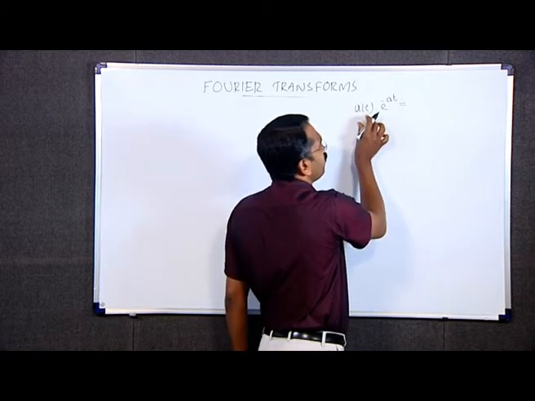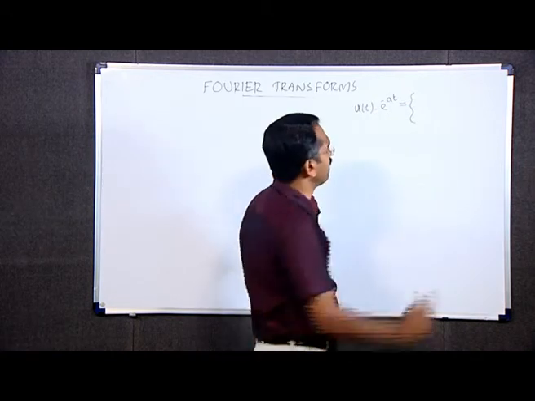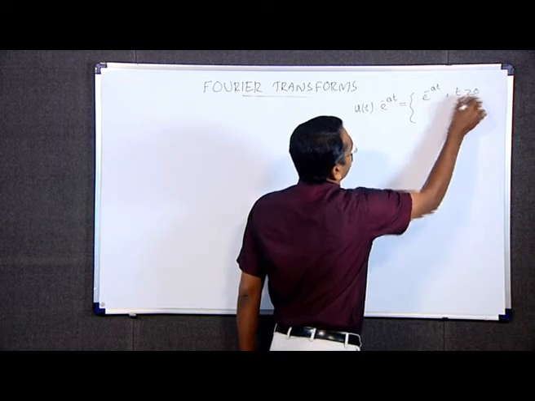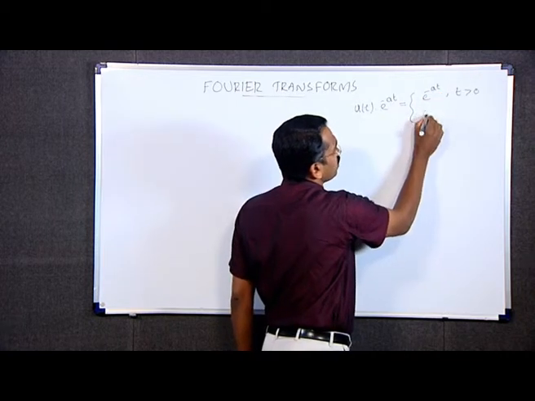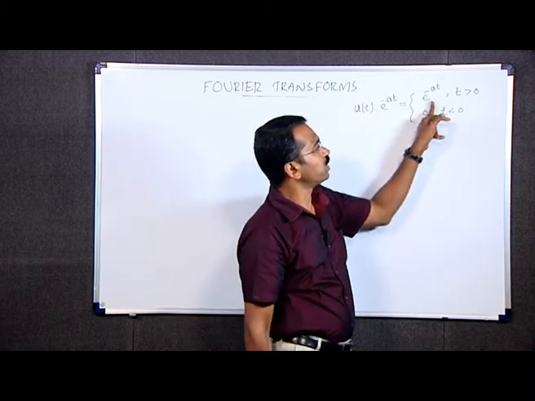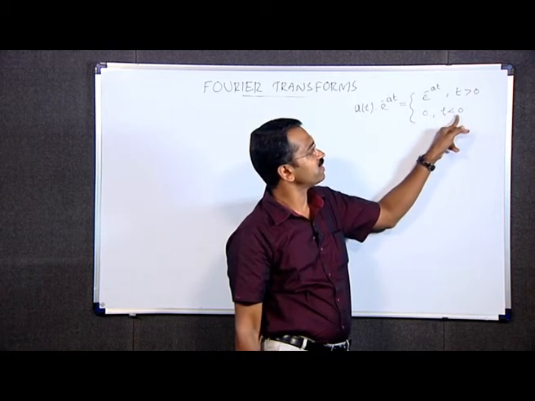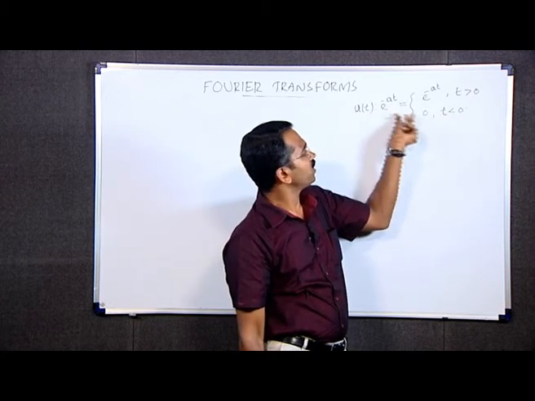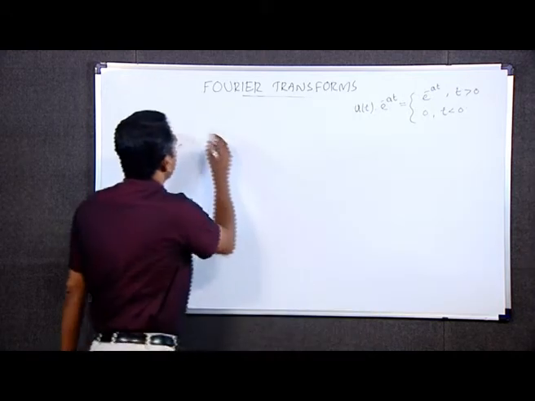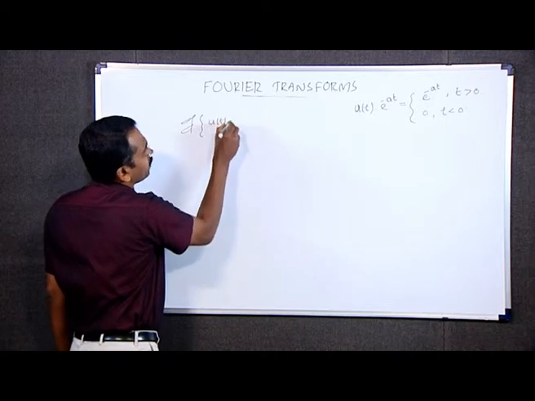We have u(t)e^(−at) equal to e^(−at) for t greater than 0, and this is equal to 0 for t less than 0, because u(t) equals 1 for t greater than 0 and u(t) equals 0 for t less than 0. Therefore, this product is defined as this,